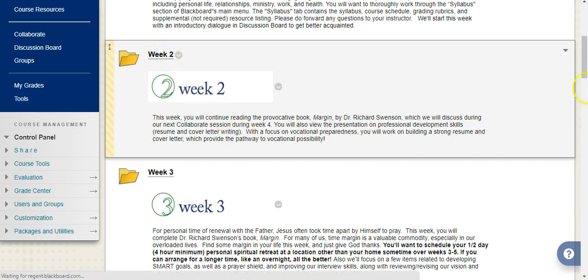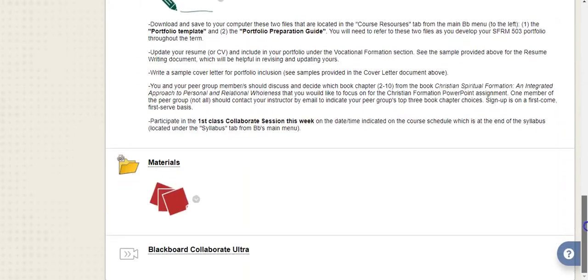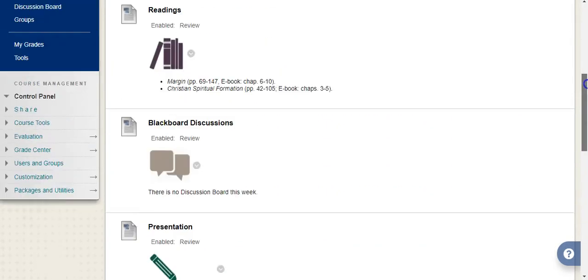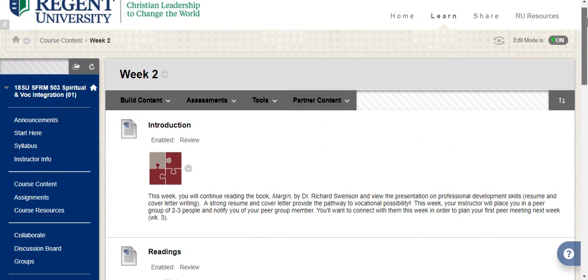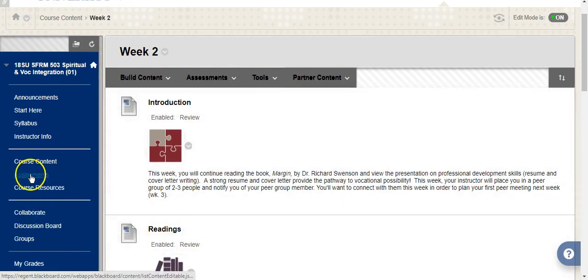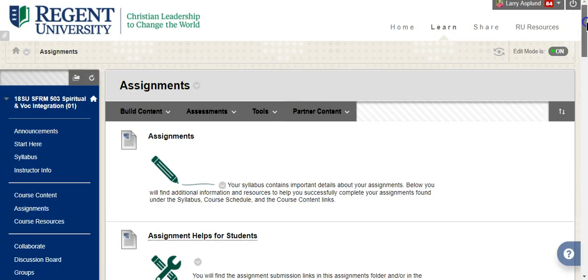So when you look at week 2 for next week, you can go all the way to the bottom, and there you will see a link to Blackboard Collaborate Ultra. Just to be convenient, I'm going to put one of those links every week that we have a scheduled session. But of course, assignments is always the place where you can find almost everything you need.